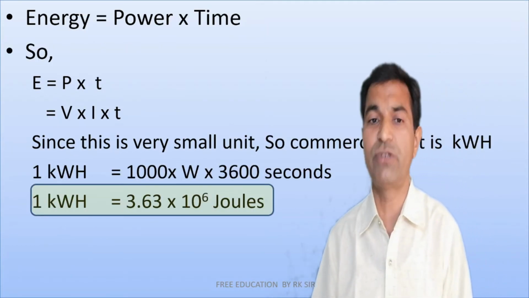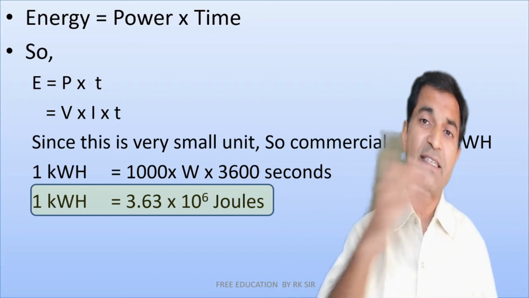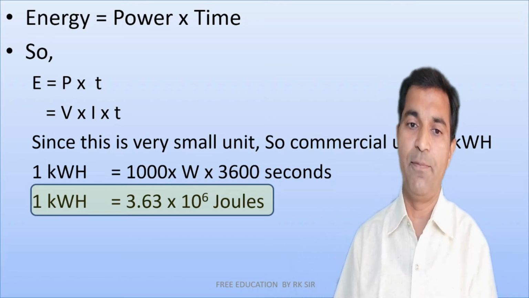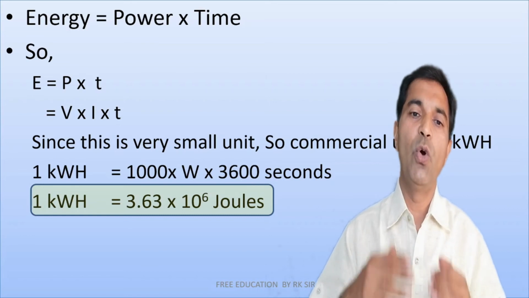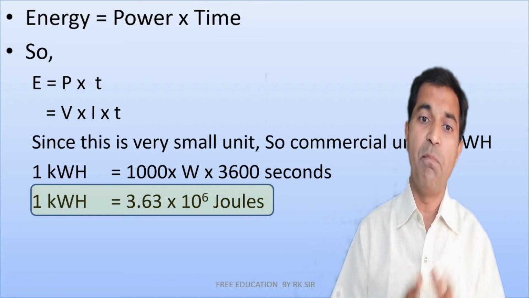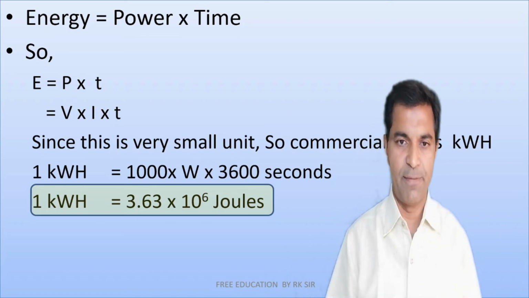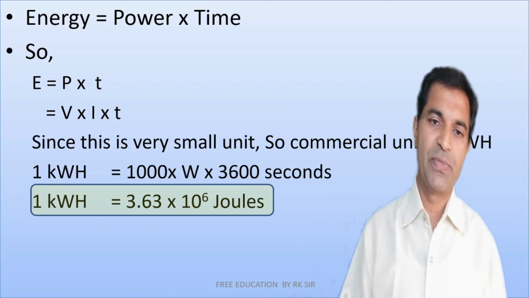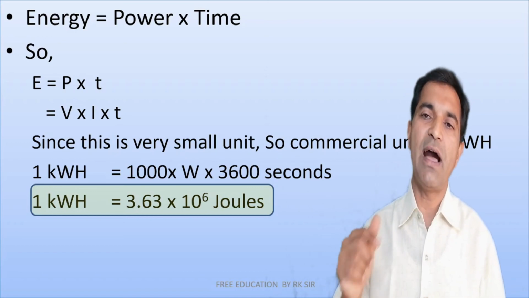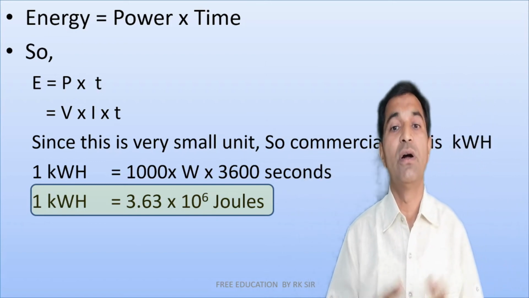Energy is equal to power into time, you know very well. So E is equal to power into time. While discussing the heating effects, we had told that heat energy or an energy is equal to V into I into T, or product of voltage, current and time, right? But this unit is very small, so we generally use kilowatt hour. Actually this gives energy in joule. This E is equal to power into time, that is power, we may say VI. So VIT, this is in joule, and joule is a very small amount of energy.